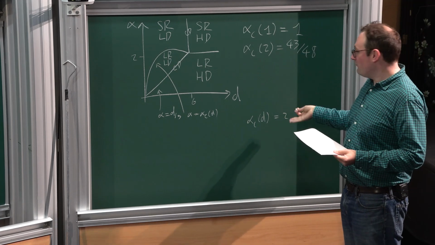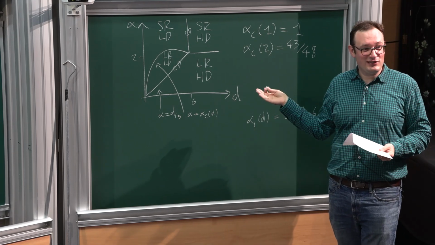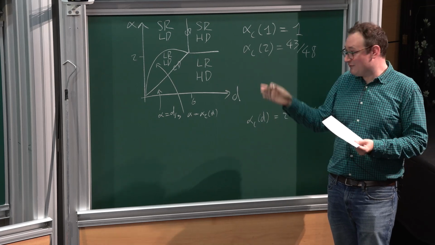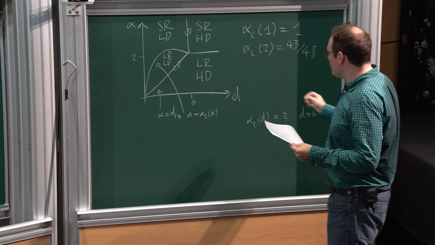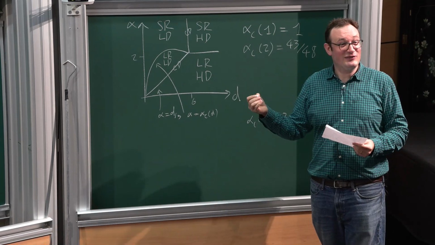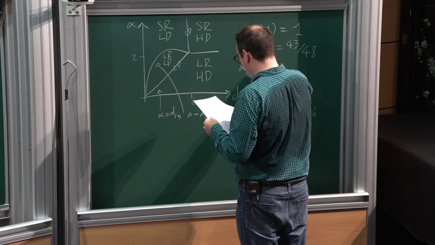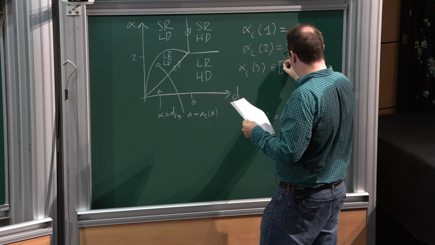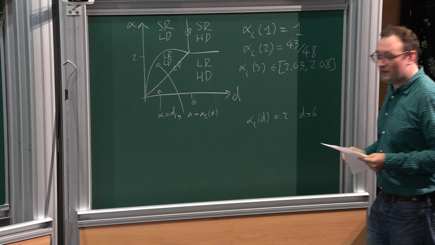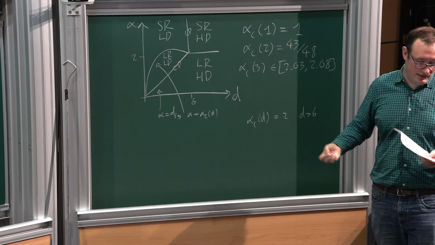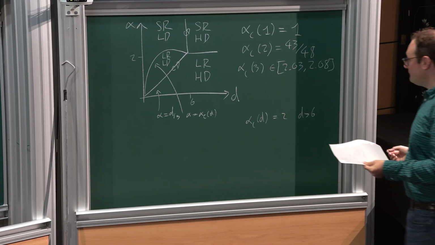So the values I'm about to write out come from a Wikipedia page called Percolation Critical Exponents, which is actually very good. It has big tables of all these different numerical estimates and exact values. I'm just going to write down the intervals of the different reported values for this exponent, which you can find on Wikipedia. I'm not claiming that all of these are equally likely to be true. Some of these papers, in particular, are very old numerical papers, and I'm sure you could get much more accurate estimates now.